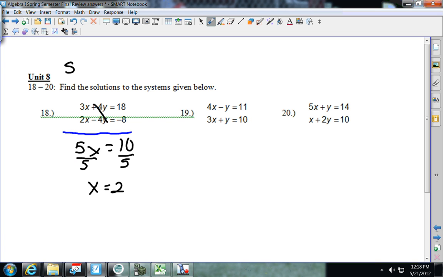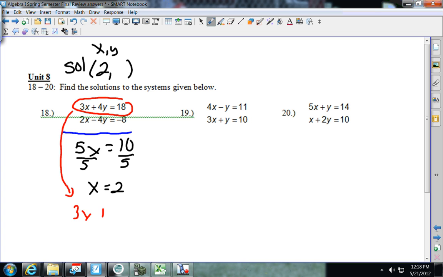My solution to this first one, we're not done. It's not just the 2. Remember, you have to find the x and the y. You're looking for where the two lines intersect. So now you pick one of these two equations. I'm going to choose the top one because it's all positives, and I'll bring it down here. And I get 3x plus